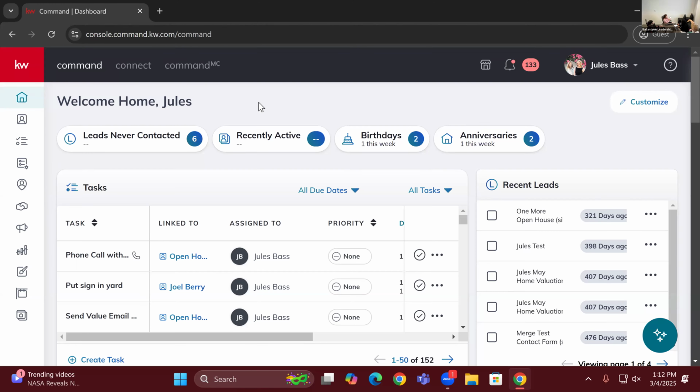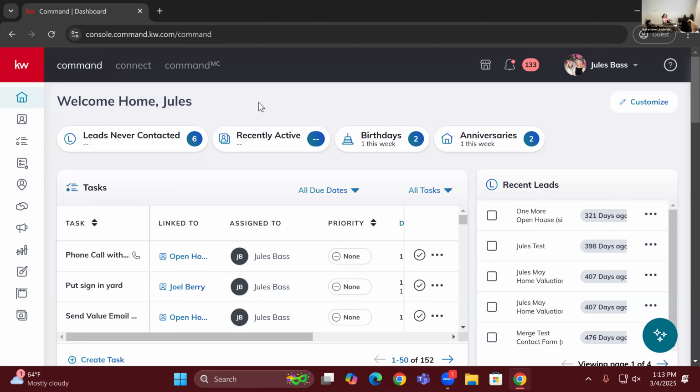So where we are again, we're in the contact section, three dots in the top right and import contacts. If you're doing this for the first time, it's going to ask to allow access to see your contacts, click allow. Then there are two ways to go about this, and honestly, we get a 50-50 split on how agents like to do this. Either you can select all and then deselect people you don't want to add to your database, or you can go through and select the people you do want to add to your database.